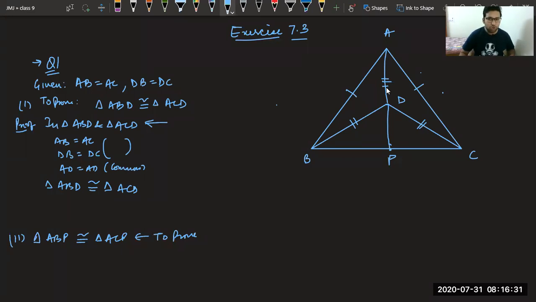If you see, what do you know right now is, you know AB equal to AC, you know this AP is common, and third thing, class, do you know the third thing in this case? B and P, BP equal to PC. Okay, how can you take BP equal to PC, Mishti? Is it given to you? I told you in the starting only, this AD is extended to intersect BC at P only. It is not bisecting.